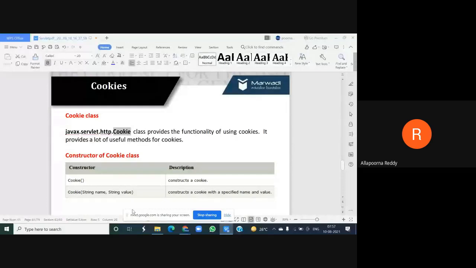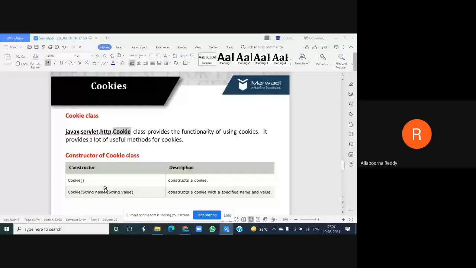So here I am saying Cookie is what? A class. So that class name is the same as my method name. It's a constructor. And here do I have any parameters inside my constructor? No parameters. So what is this type of constructor called? A default constructor. So a constructor called Cookie with empty parentheses or empty parameters.